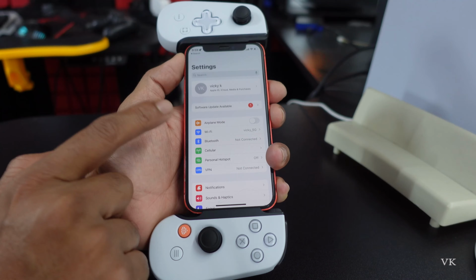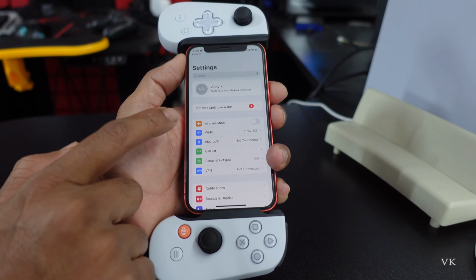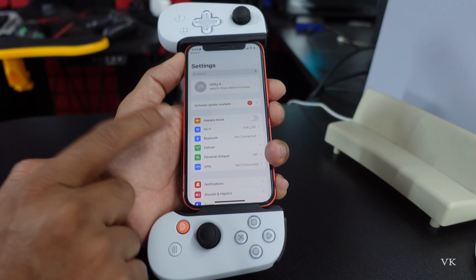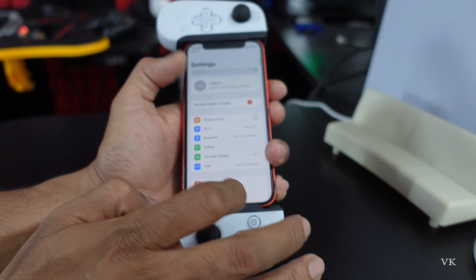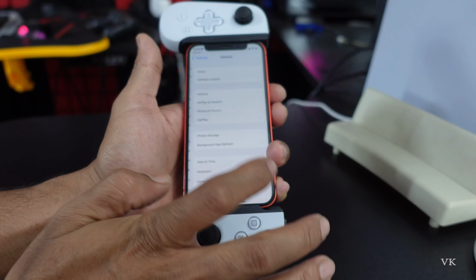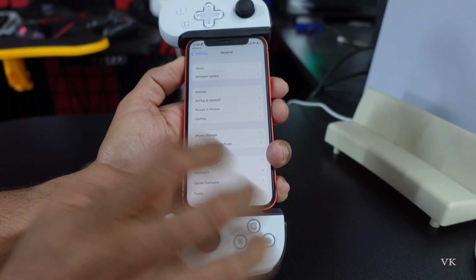Hello guys, in this video I'm just going to explain how to add PS Remote Play app controls for button mapping on iPhone, so you can add customization. For that, you need to go to Settings, General, and here just scroll down,